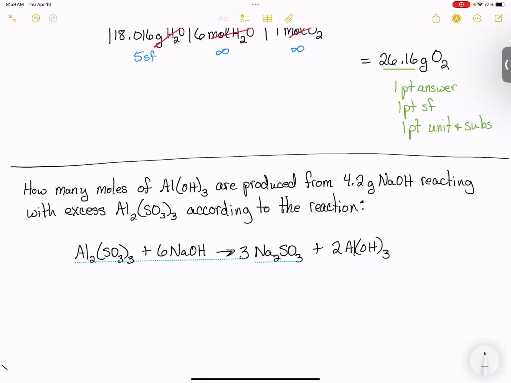And if you don't have your periodic table, I will say sodium is 22.99. Oxygen is 16.00 and hydrogen is 1.01 is the one they gave, actually. I've been using 1.008, but